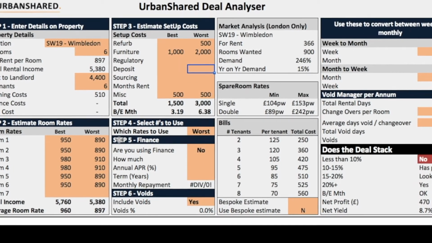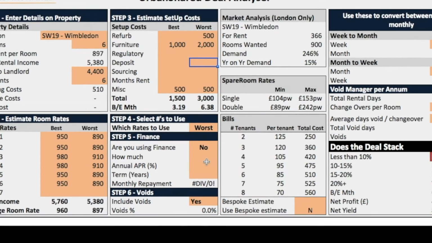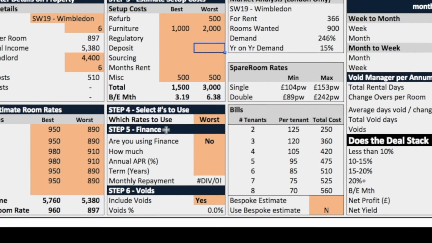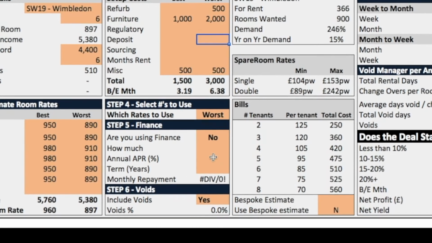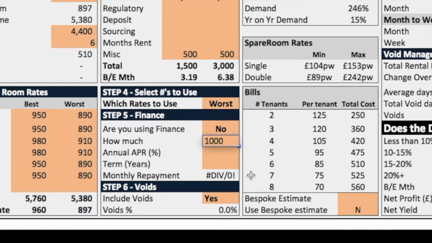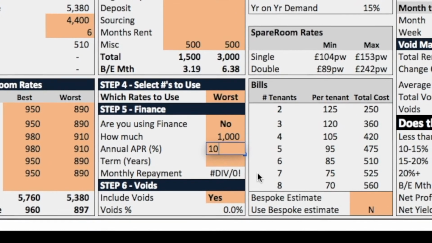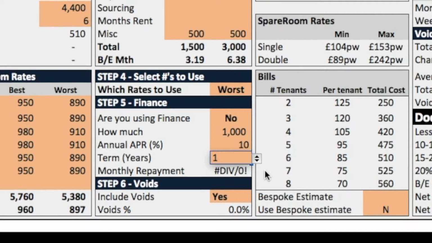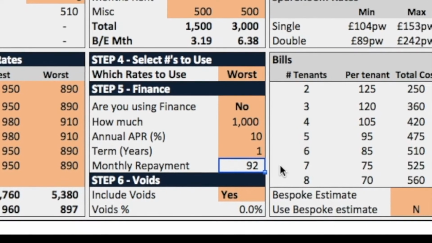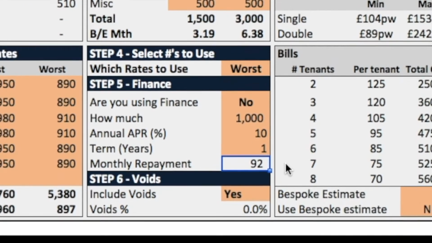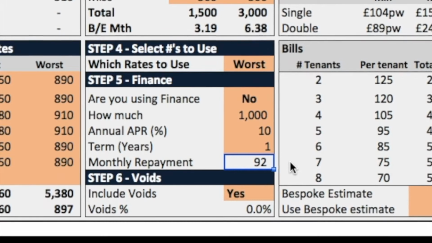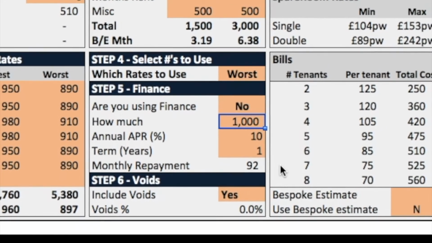In terms of finance, so if you are planning on using finance, this is where you'd put that information in, and this just works out what the monthly repayment would be. So I'll just give you an example. Let's say we're looking to borrow £1,000 at 10% over 1 year. You'll see that the monthly repayment for that would be £92 a month. So 92 times 12 is essentially 1,100, which would be the total repayment if you borrowed £1,000 at 10% over